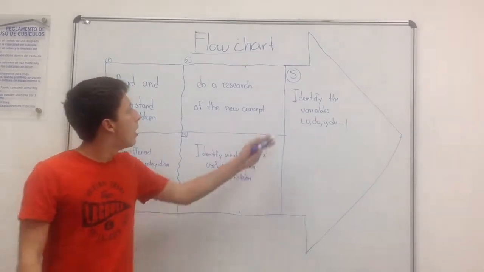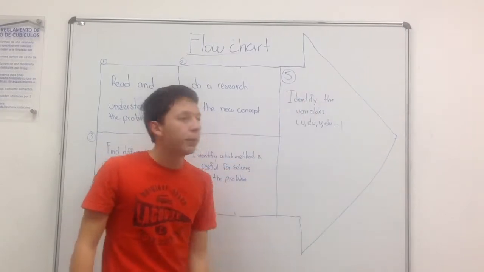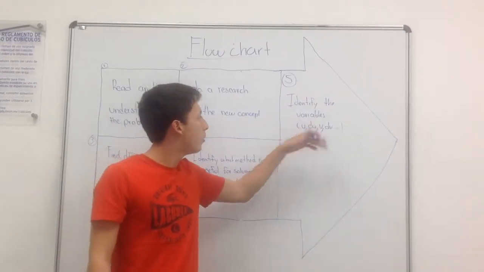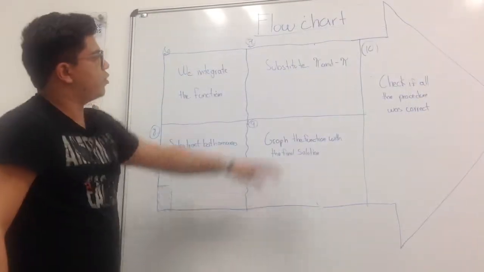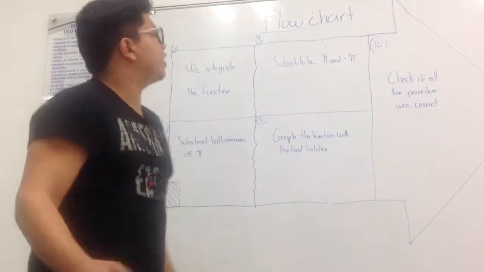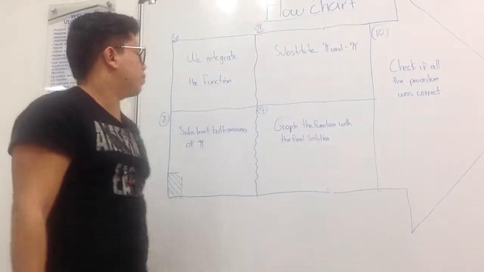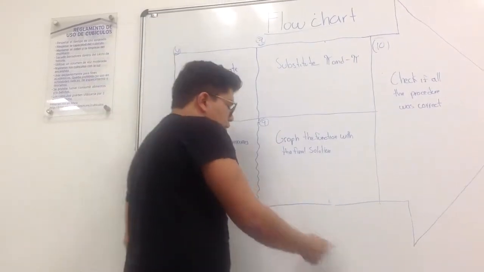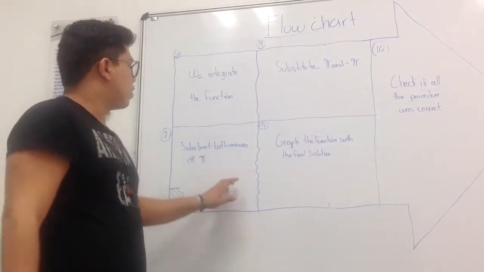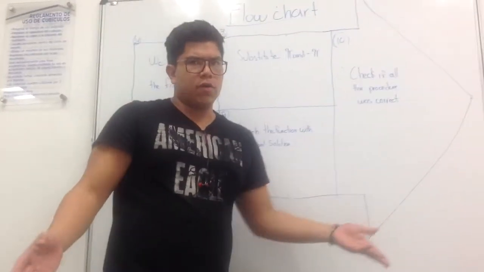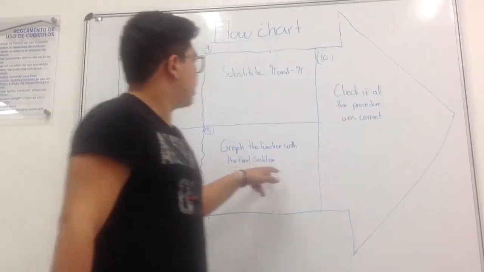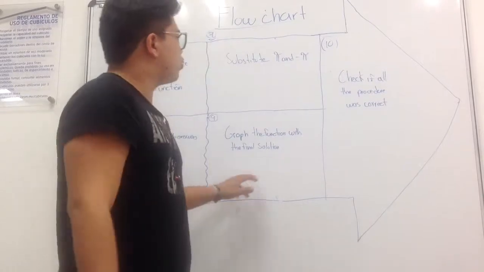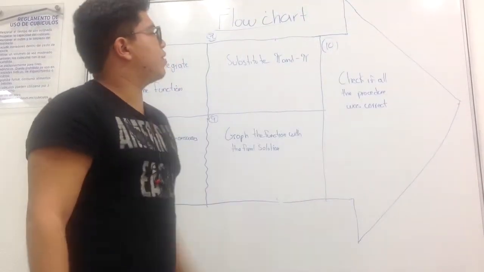That was integration by parts. And then we start to define the variables, like u, v, and dv, and substitute the values of x with our interval, which is pi and minus pi. Then we have to subtract both answers in order to get the whole area of the function. Then we have to graph the function, considering our final solution, and we check if all the procedure was